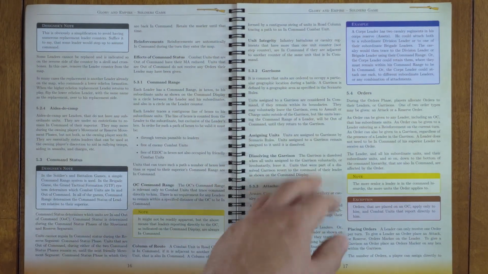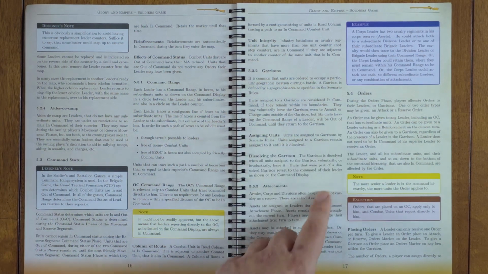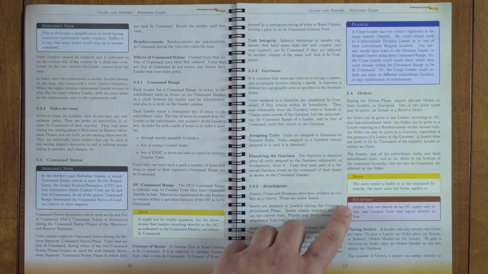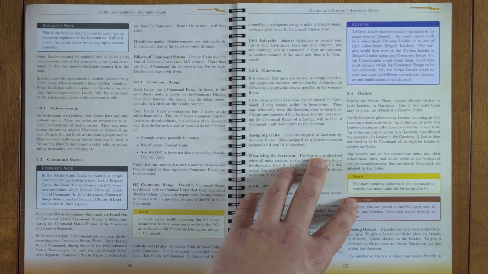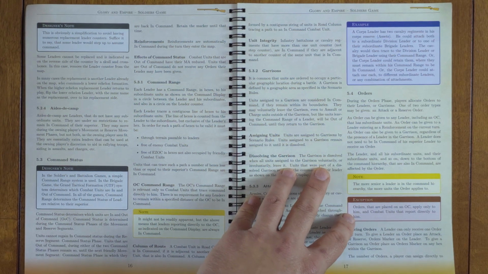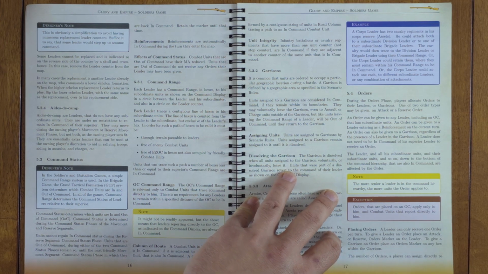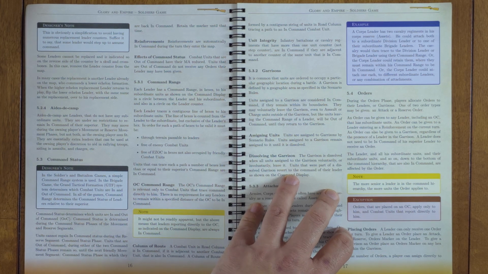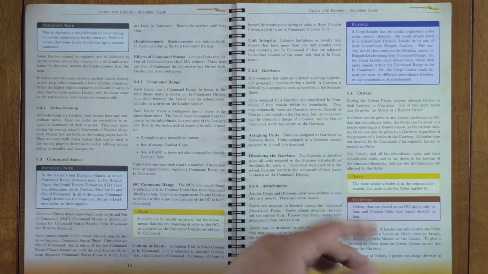Unit integrity, garrisons. You have garrisons. You have attachments that we already talked about. Then orders. So orders... Corps leader has 2 cavalry regiments in his reserve. As assets, he could attach both to a subordinate division or to one of their subordinate brigades. Cavalry would then trace to the division leader or the brigade leader using their command range, or the Corps leader could retain them where they must remain within his command range to be in command, or the Corps leader could attach one each to different subordinate leaders or any combination. Right,